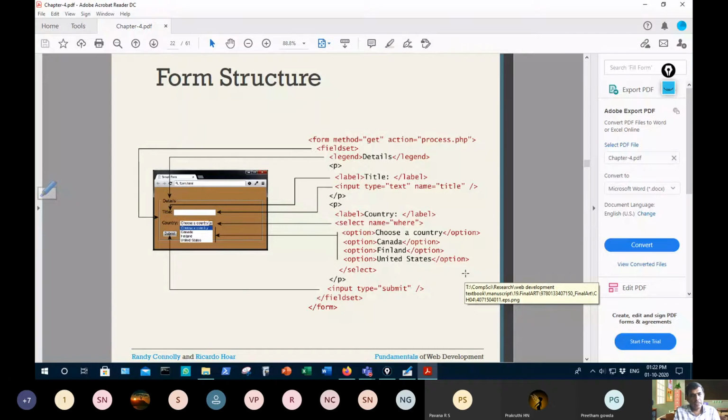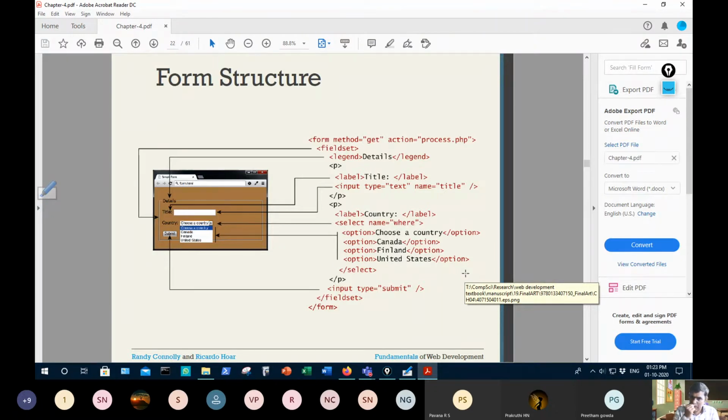One is the form tag. A form is created by using the form tag, and form widgets can be created by using different tags. One of the tags is the input tag, which is used to create a text box or a password box. Apart from that, an option list can be created by using the select tag and option tag.